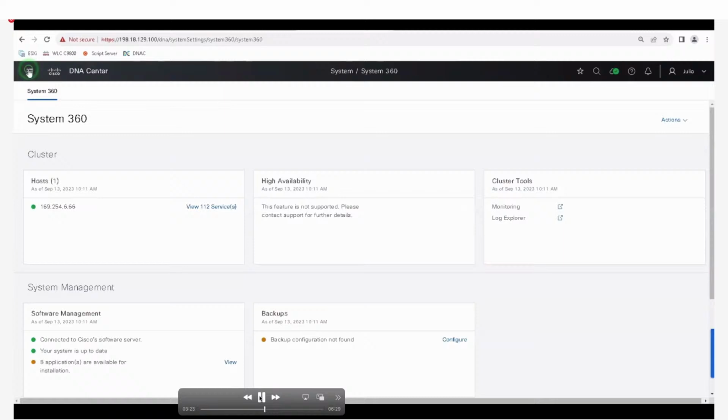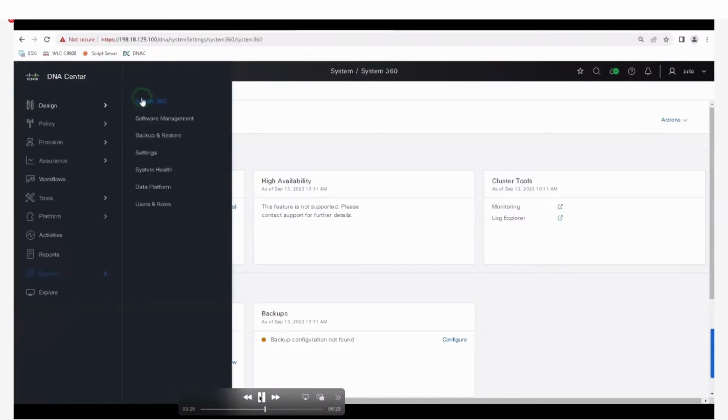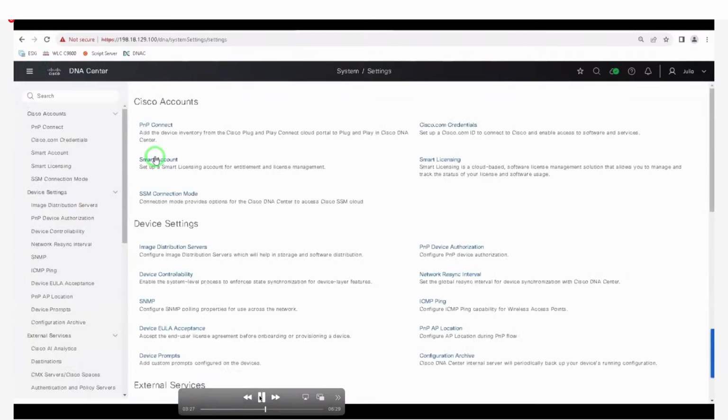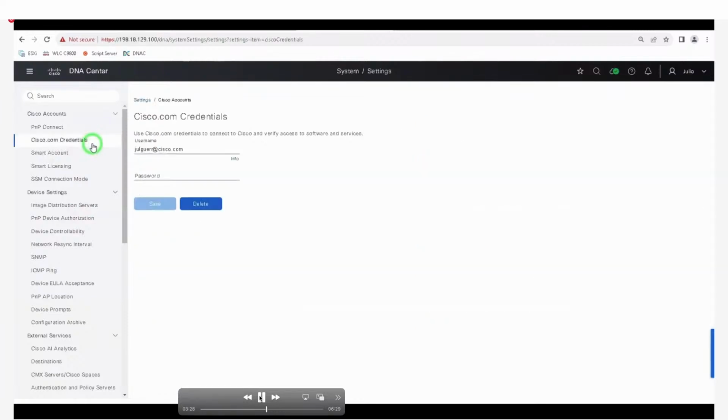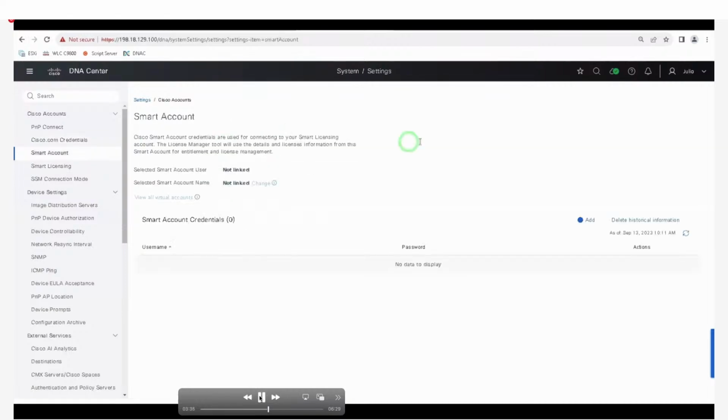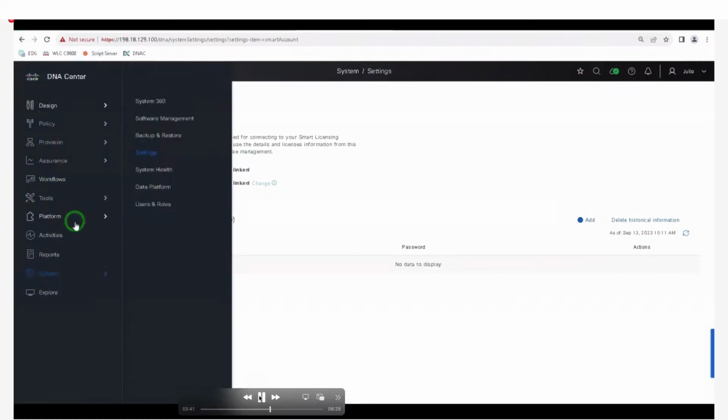The other thing we can do is go to settings, and we can add the cisco.com credentials here, and also our smart account details as well. Add those here as part of the initial setup. Once that is done, we can also, if we want, run a few